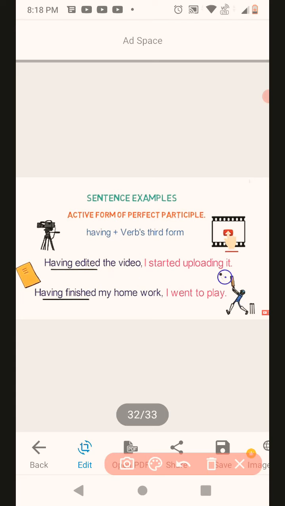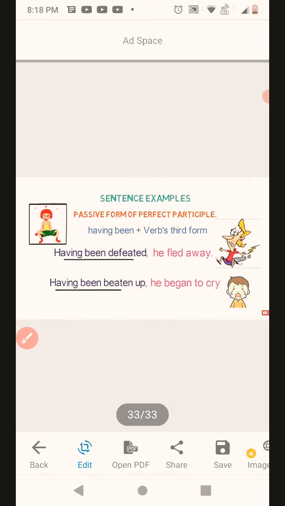This is in case of active voice, but when it comes to passive voice, the formation will be having been plus third form of verb. If been is added, it is in passive form. Having been defeated, he fled away. Having been beaten up, he began to cry. So this is in the passive form, and this is an example of perfect participle because the formation is having been plus verb's third form, and it is a participle because it does not change according to tense, number and